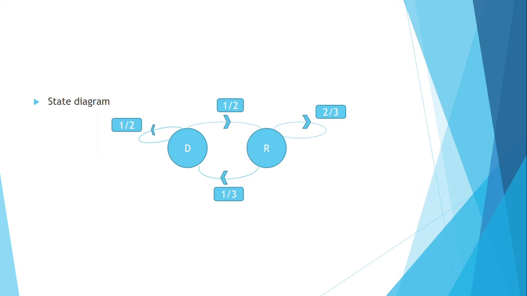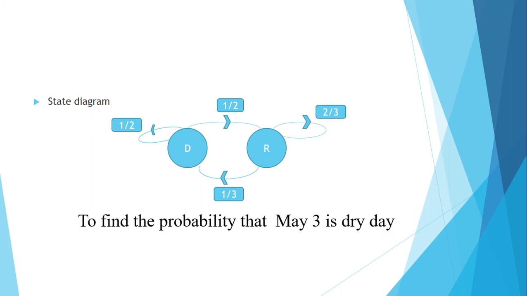Here we have one more question. Let us move on to the next question. Find the probability that May 3 is a dry day, given that May 1 is a dry day. To find the probability that May 3 is a dry day,